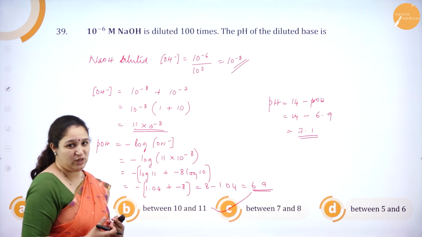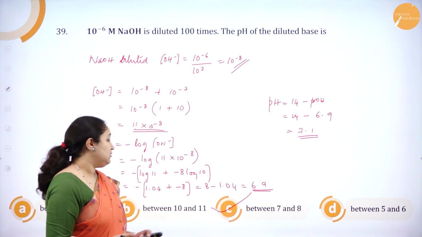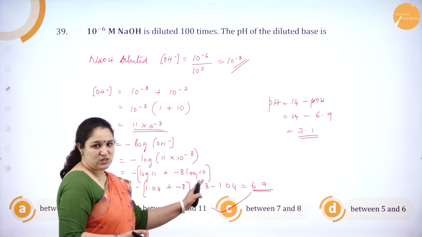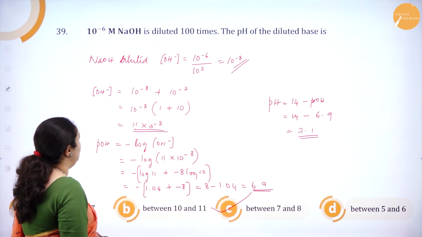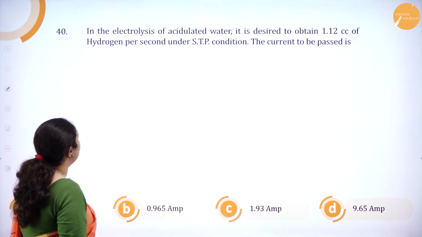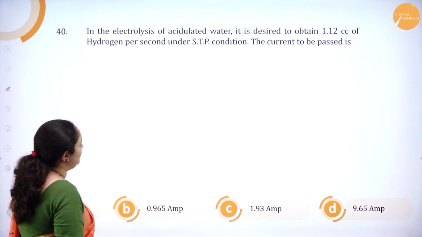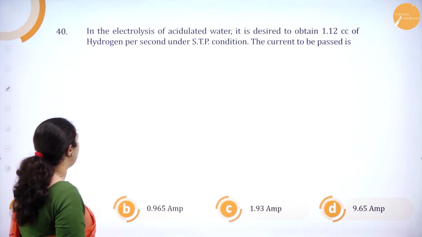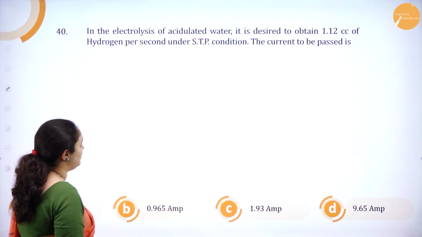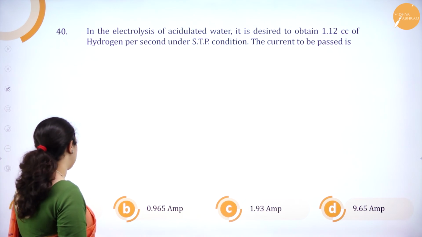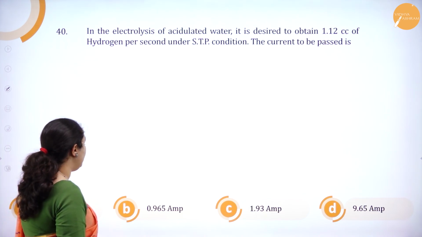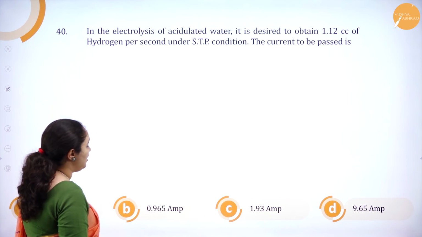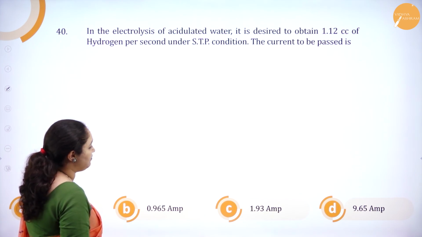You don't have to come to the exact answer. That's the reason I've just approximated here. Okay. Next question. 40th one. In the electrolysis of acidulated water, it is desired to obtain 1.12 cc of hydrogen per second under STP conditions. The current to be passed is option A 19.3 amperes, option B 0.965 amperes, option C 1.93 amperes, and option